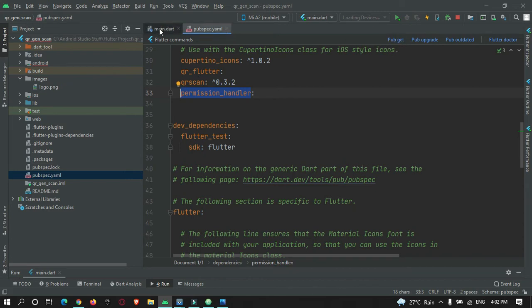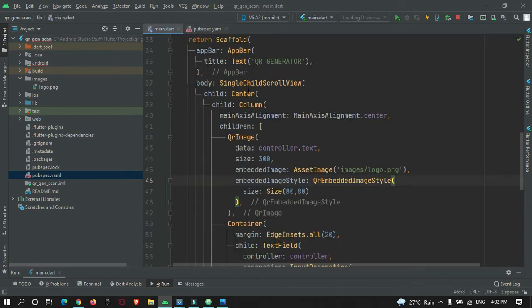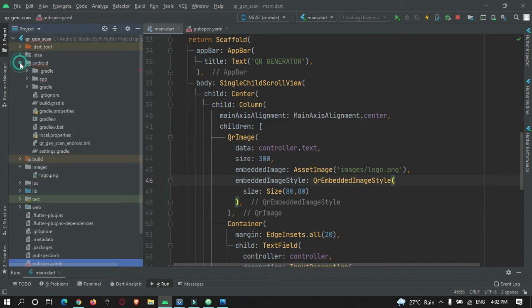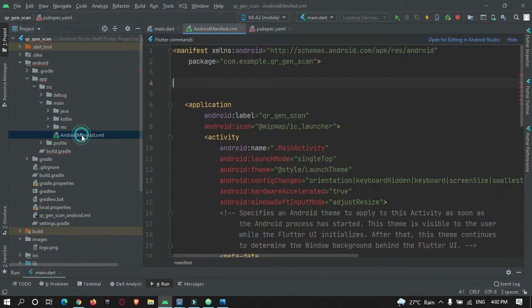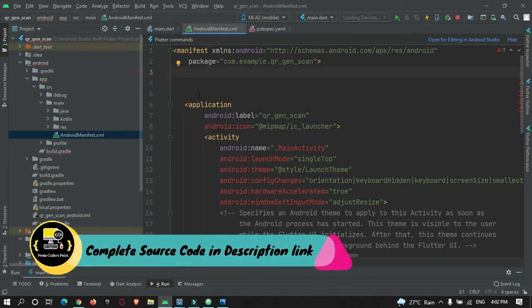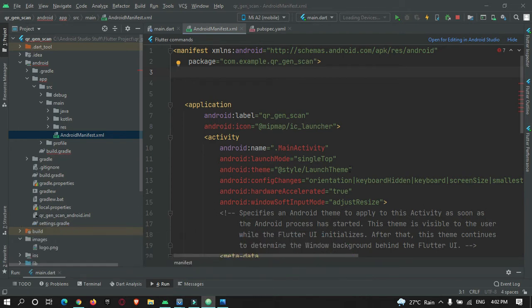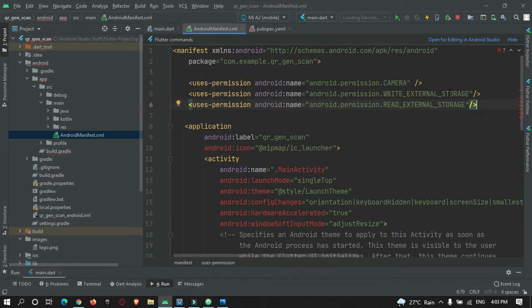After that you need to add permissions in your Android and iOS folders to make use of the camera. Go to android, app, src, main, AndroidManifest, and over here you need to add the permissions: camera, read and write storage. These three permissions you need to add in the Android folder.